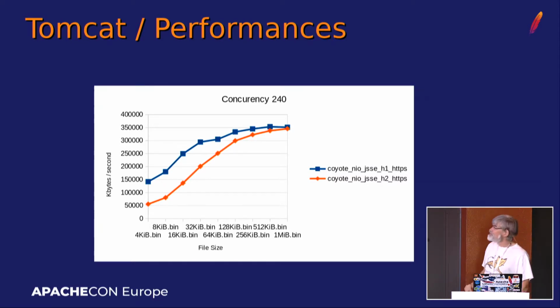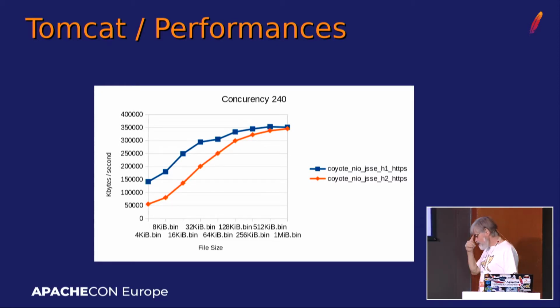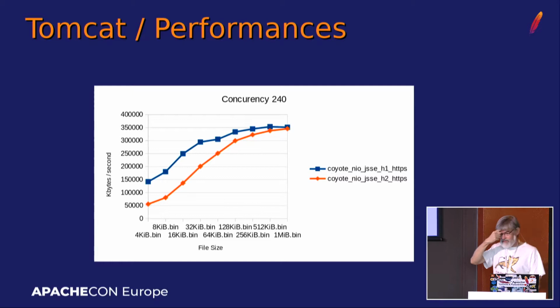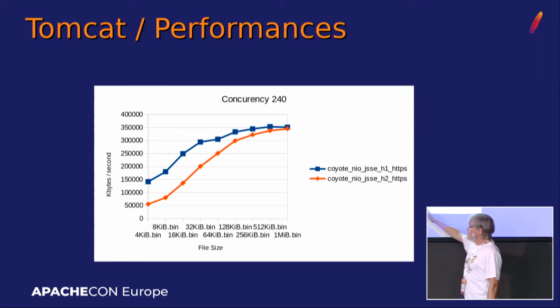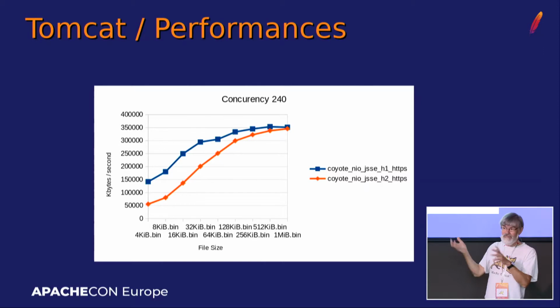I take two points, and so basically here the idea is to say, okay, this guy is telling us we need to try the new protocol. Definitely, that surely has a cost because we're going to multiplex and compress, so you're going to have to demultiplex and uncompress. The idea was to look at how much load we can get out of the stuff. And here it's a load test, or a kind of bench.